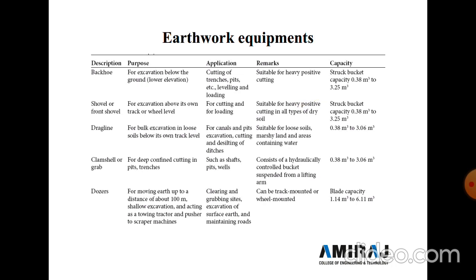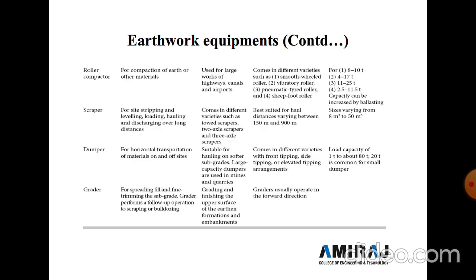So for moving the earth up to a distance above 100 meters, and shallow excavation, and acting as a trawling tractor, and the purpose of the scraper machine, and application for clearing and grubbing site, and excavation of the surface earth, and maintaining the roads, and can be track mounted or wheel mounted, and blade capacity is 1.14 meter cube to 6.11 meter cube. Similarly,